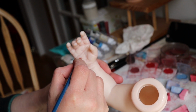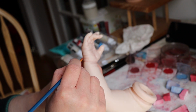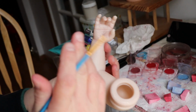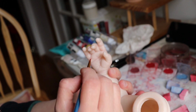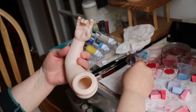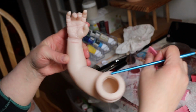I don't know how many times I've heard people say that you have to keep wiping off and reapplying, wiping off and reapplying the powders. But I just don't know. I really like how the powders look and everything. I don't have pooling of paint or anything. It looks really nice. However,